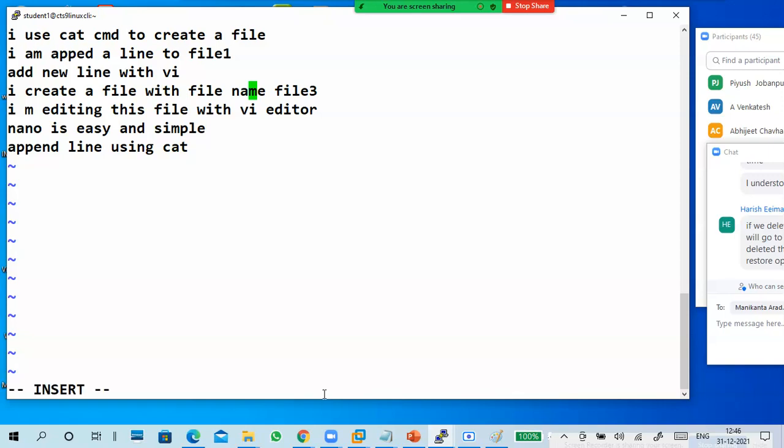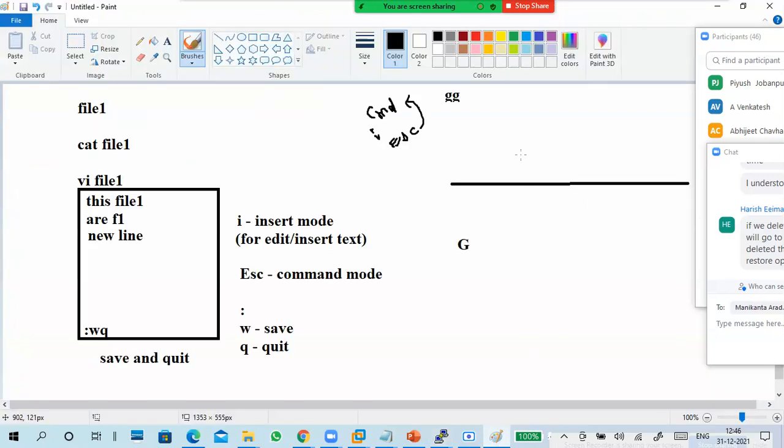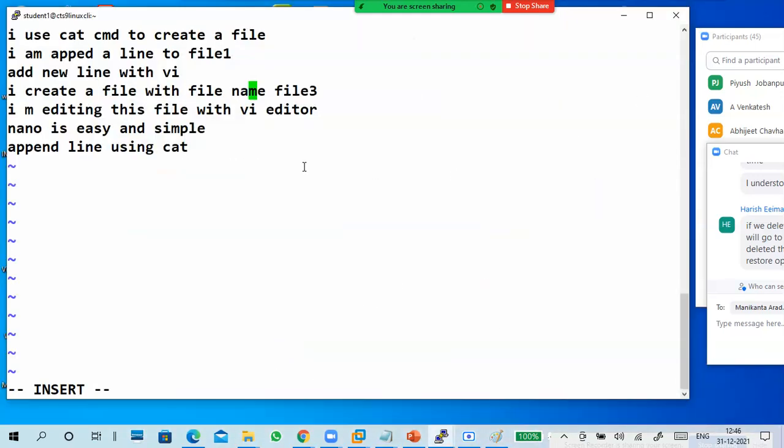When I insert the data, it is inserted before M only, not after M. That is small i. When I press i, data will be inserted before the cursor character, like this. Next, escape, command mode.